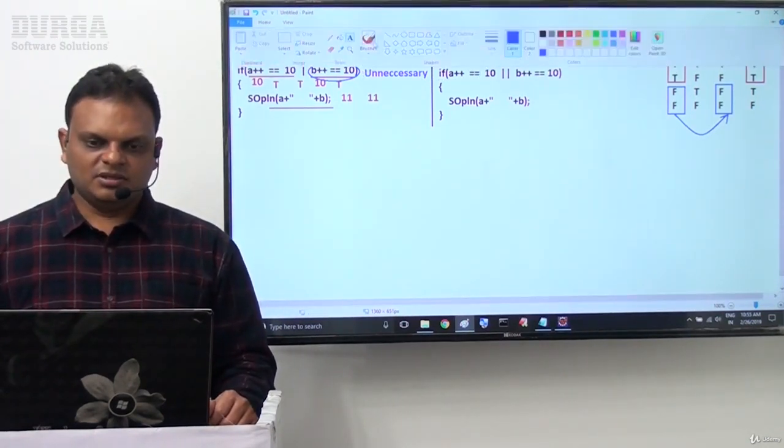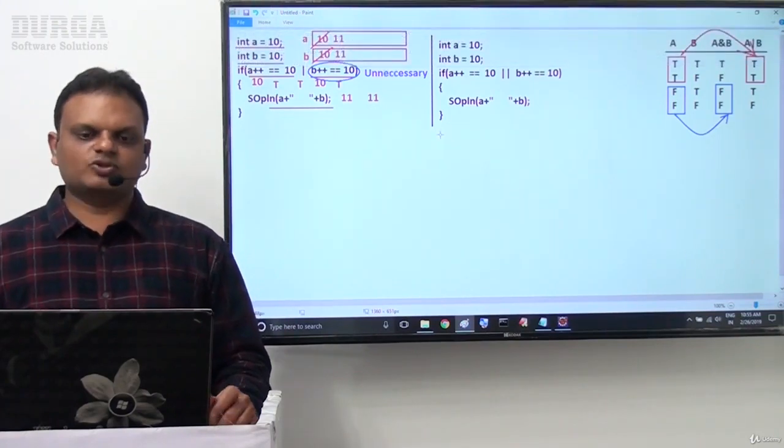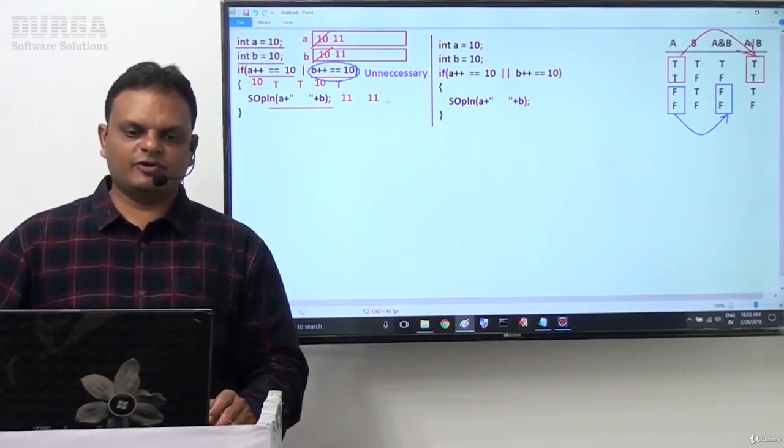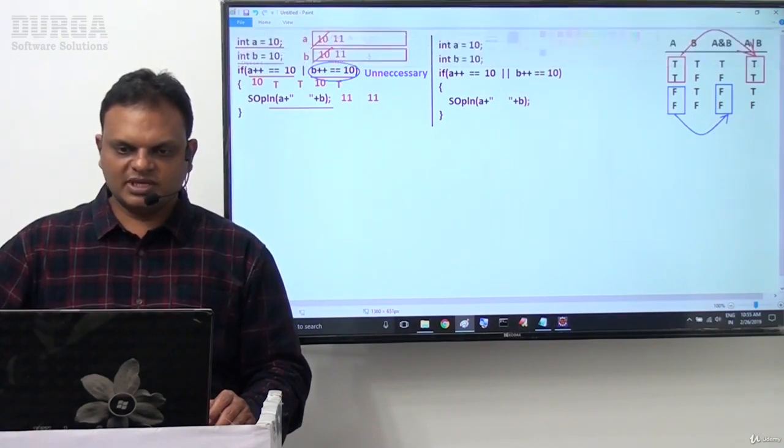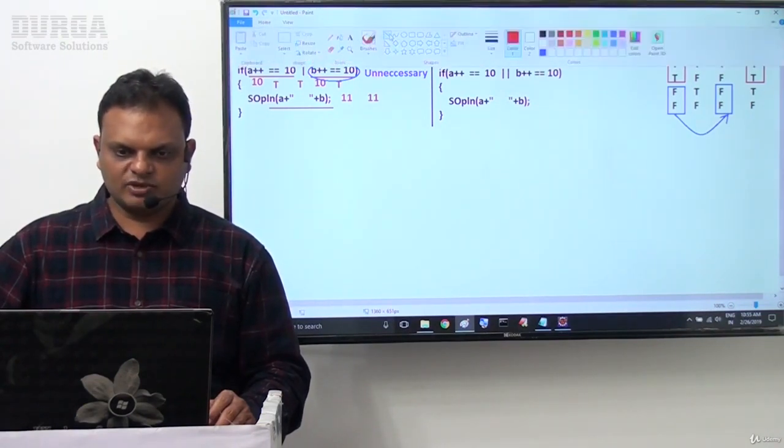But if you go for double OR, what is going on? The second example here, try to recognize this now. In the second situation, again the same scenario.